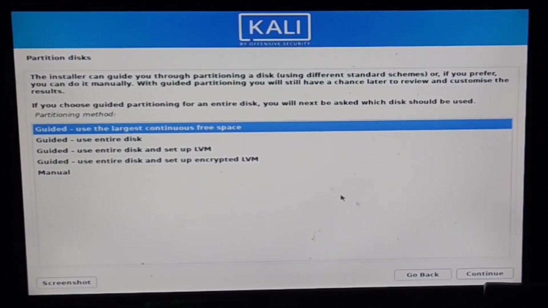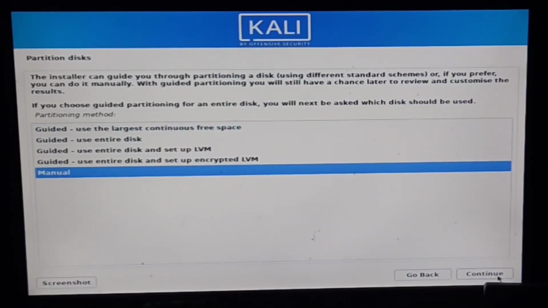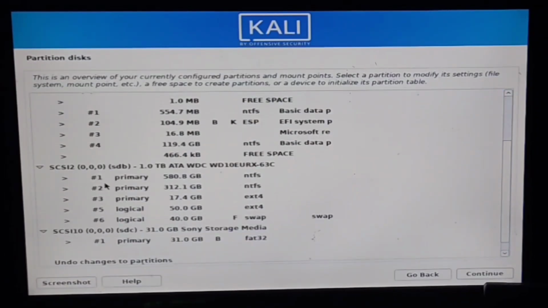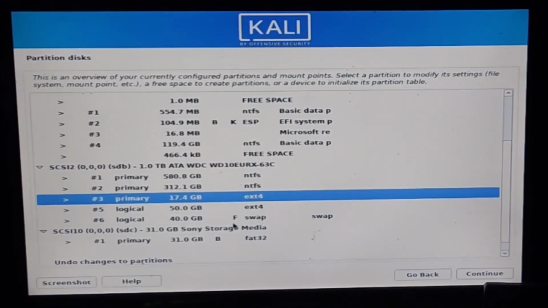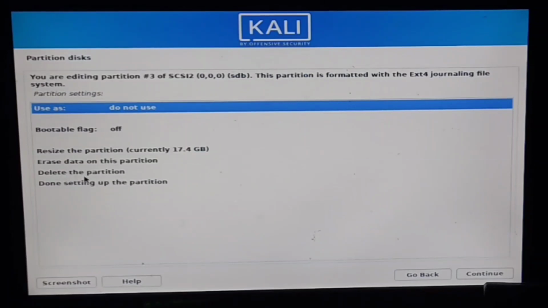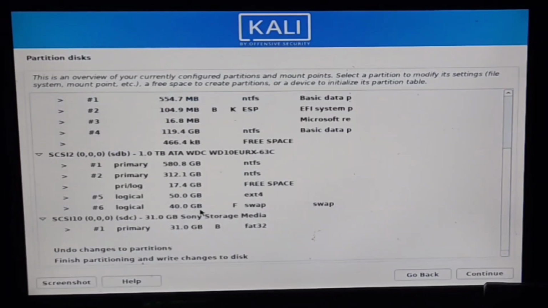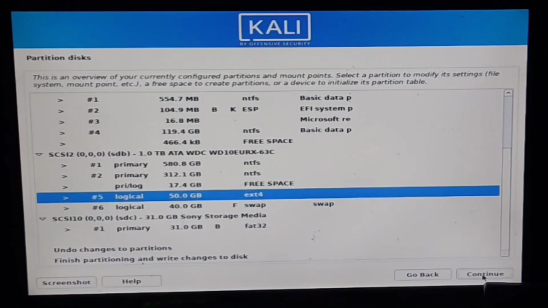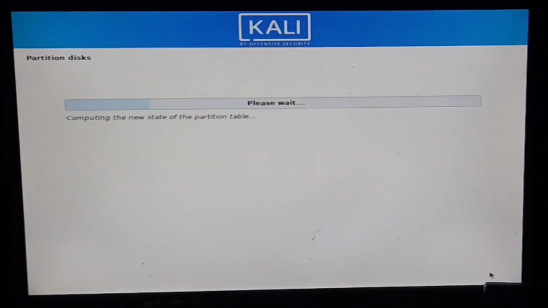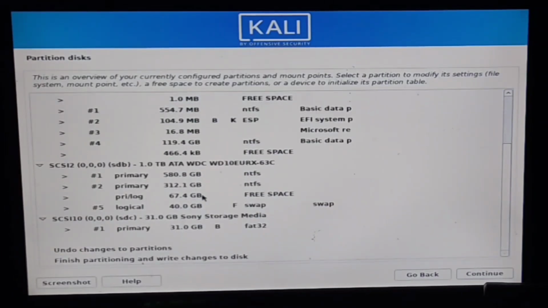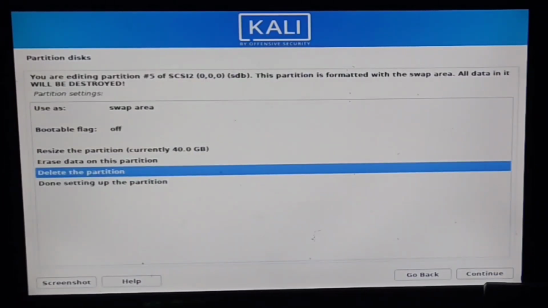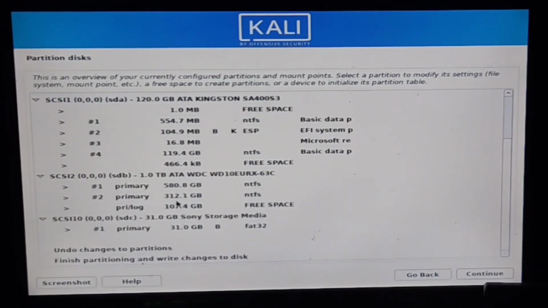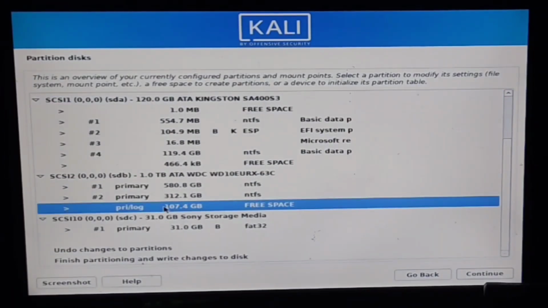In the partition section, you choose manual and continue. Here you can see the space for installing Kali Linux. Here I have 107.4 GB.